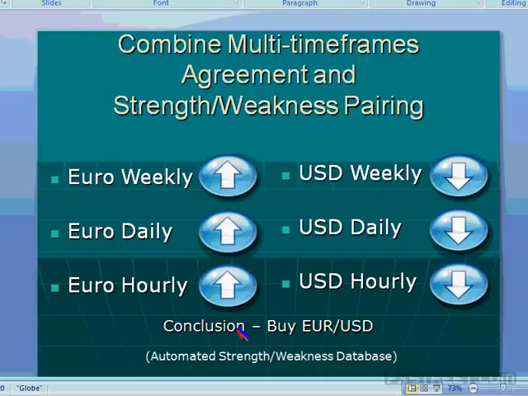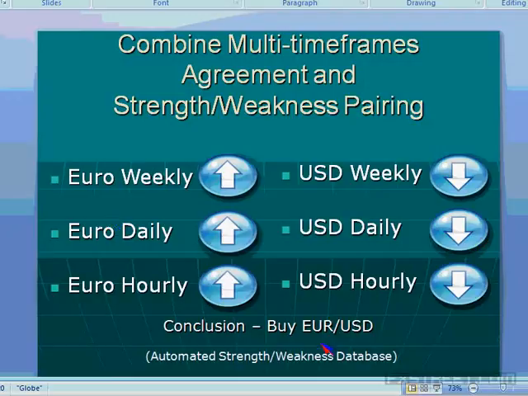It's very, very simple. This is a simplified diagram here. If I'm looking at euro, let's say the euro weekly is strong, on a weekly basis strong. The euro daily is strong. The euro hourly is strong. At the same time, the U.S. dollar is weak. The U.S. dollar weekly is weak. The U.S. dollar daily is weak as well, and the U.S. dollar hourly is weak. Then at that point, I have agreement on multiple time frames that the euro is strong,